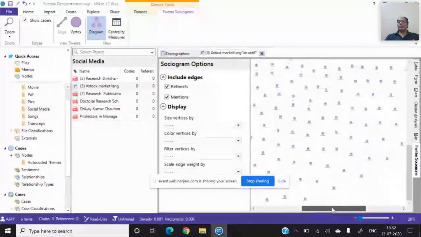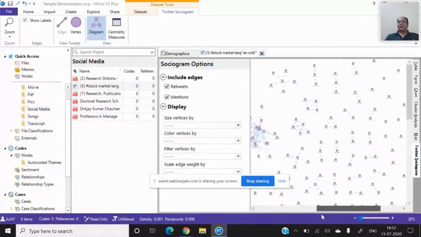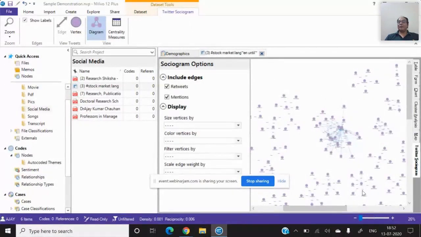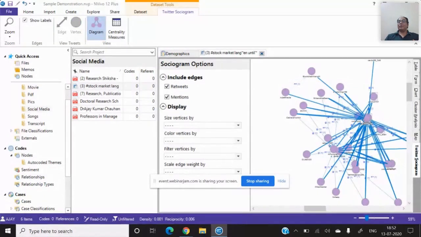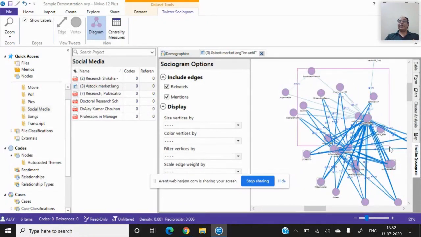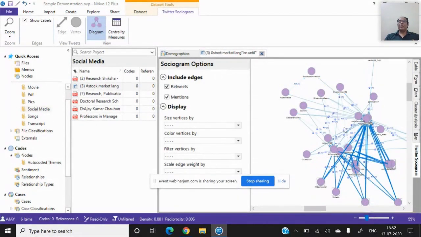So let me show you, there are some individual tweets, and there are some popular tweets. Like you can see this. This is a very popular tweet for which there are so many retweets. If you want to see it, you can make changes and find out the important tweets and retweets. So this diagram is known as a sociogram, and we can also analyze sociograms of the different tweets. I hope you understand this.